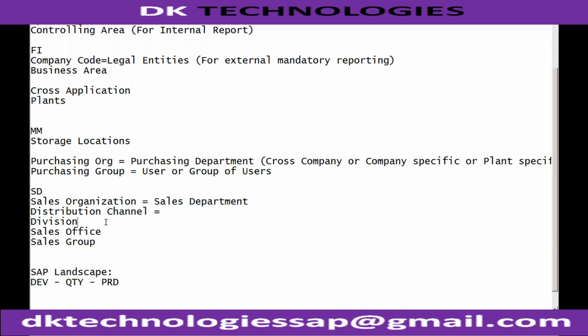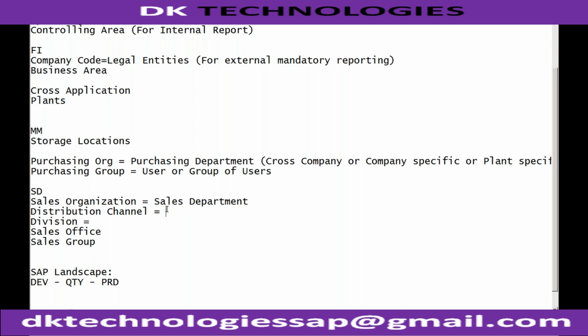What do you mean by division? Don't think from the SAP point of view. Division means what? Under the sales department, what will be the different divisions? Similar group of product lines. Different types of product lines, right? We already discussed divisions can be fertilizers, it can be insecticides, it can be sanitizers. So these are the divisions.